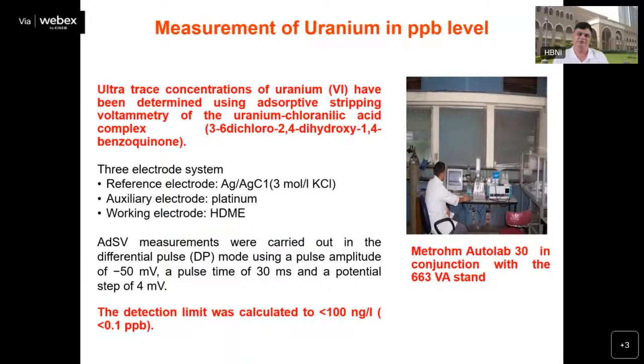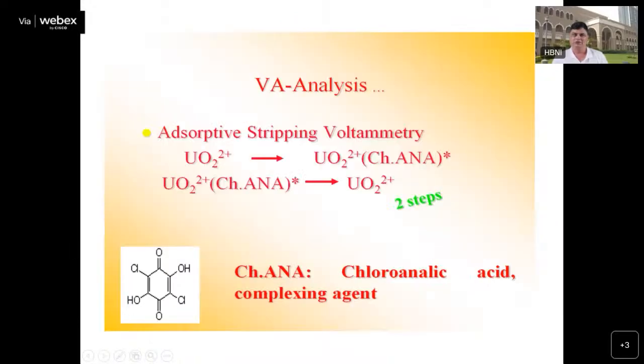In this case, we used a 50 millivolt pulse, a pulse time of 30 millisecond, and a potential step of 4 millivolts. And in this, we reached a detection limit of 0.1 ppb. So there are various steps. First, the uranium gets selectively adsorbed on the hanging mercury drop electrode in this chloroanionic acid. The uranium chloroanionic acid complex will be deposited, and then we will strip uranium out of this complex. And in the second step,